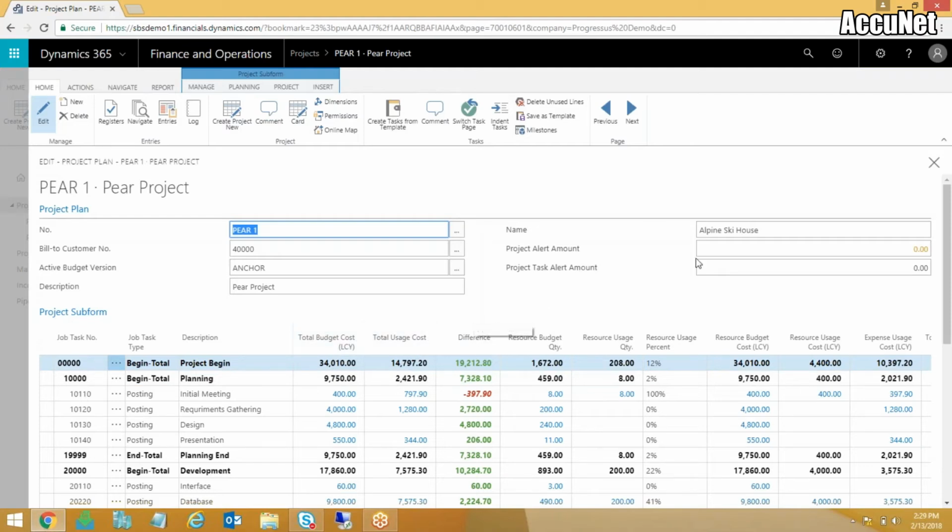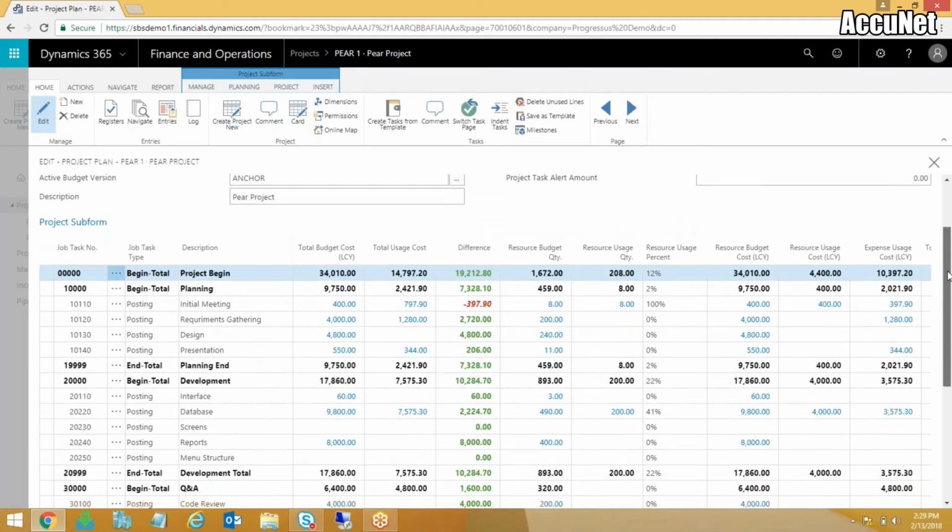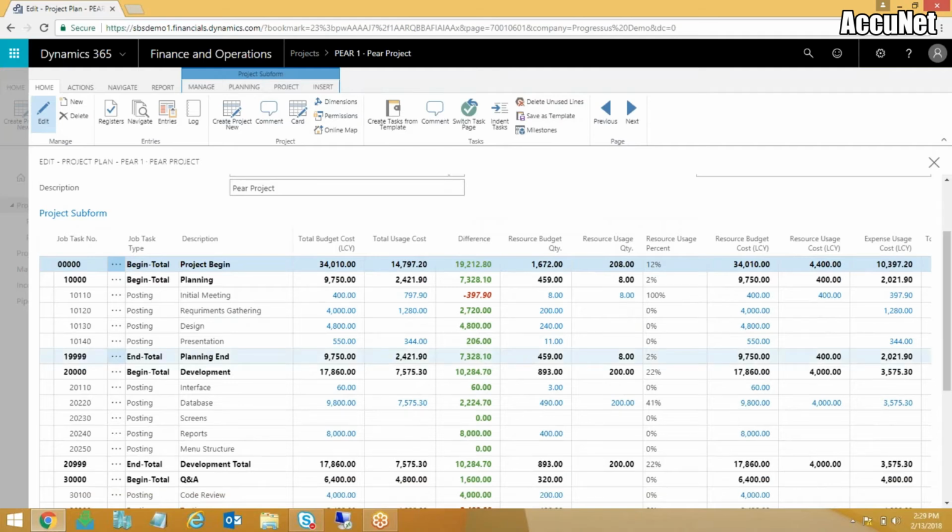Now, if I click on the job or project, you'll see that I can see the activity on this project to date. A couple things that are unique or different than what we would see in SL is that we can actually have nesting of tasks. So you can have roll-ups of various tasks into a higher level task. These are my planning tasks here, and there are 4 planning tasks that roll up to this one planning roll-up